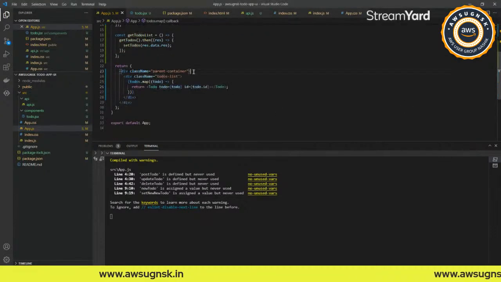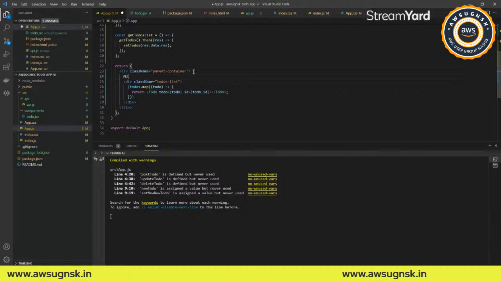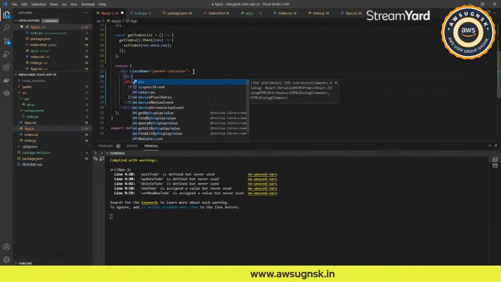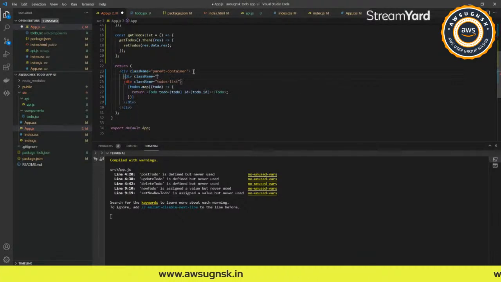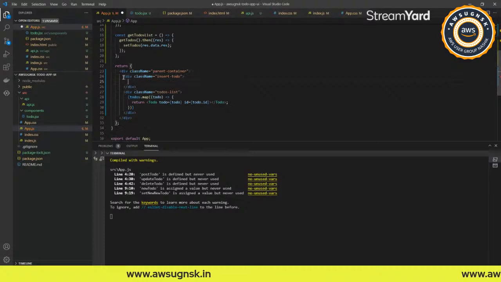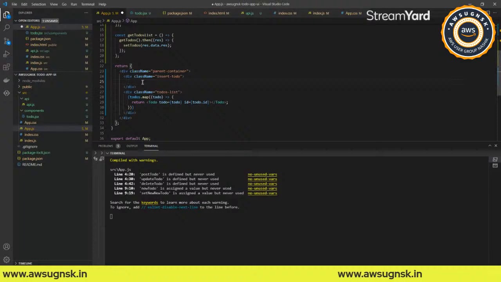div over here. So div, class name will be insert to do. So this will be a wrapper to that single code snippet. So this will be wrapping the whole insert to do logic, and it will have a text input field, and add button, so that we can add new to dos from there. Now what I'll be doing is